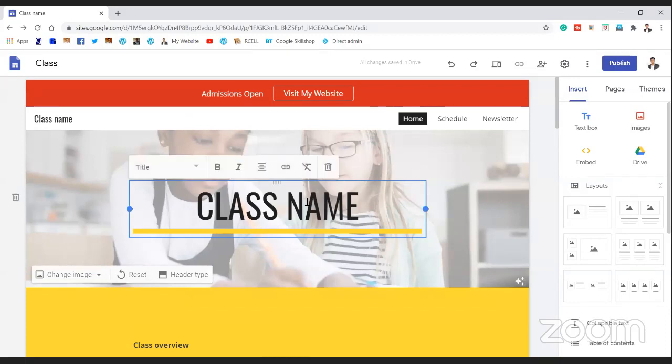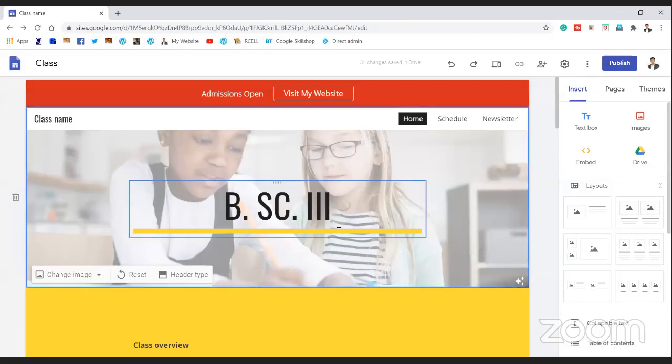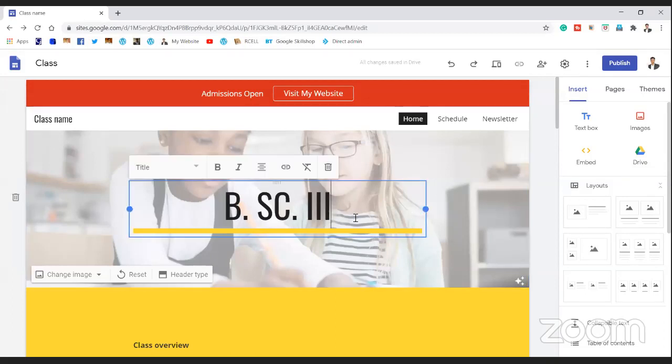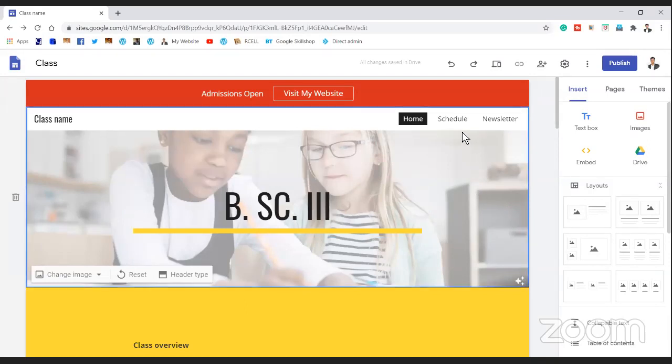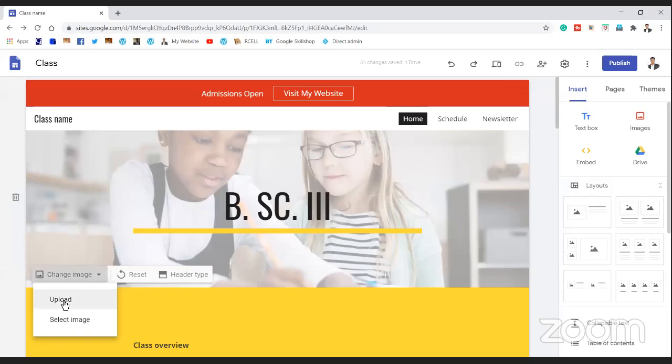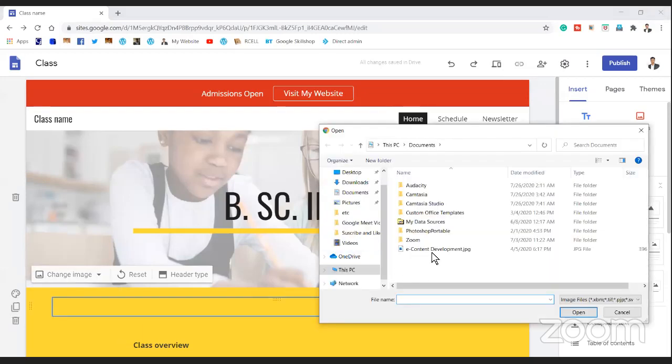If you want to change the class name, just click on the name. And if I just say BSc 3, or any class that you have, you can rename it to any class or anything that you want. So this is so simple. And if you want to, you can add another text, or maybe sub schedule or something like that. If you want to change an image,